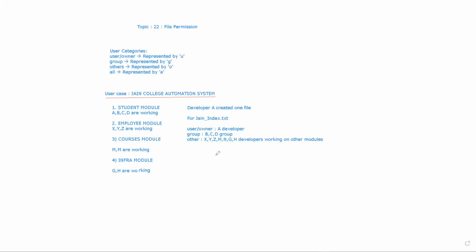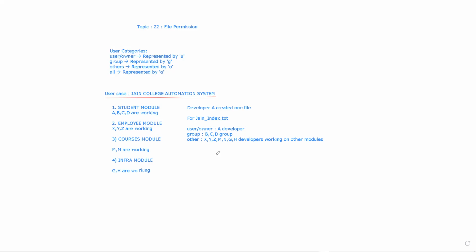I have an Ubuntu account, Vipul has an Ubuntu account, Vikram has an Ubuntu account. We have separate dedicated users. But if we are working in a company, normally there will be only one server we will be accessing, so we will have different users on the same operating system. In those scenarios, whoever creates the file is the owner of the file, and the rest of the people fall into the group.